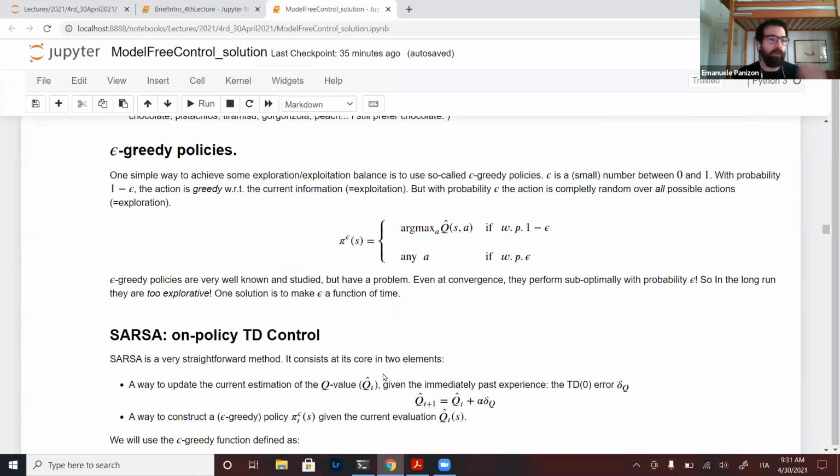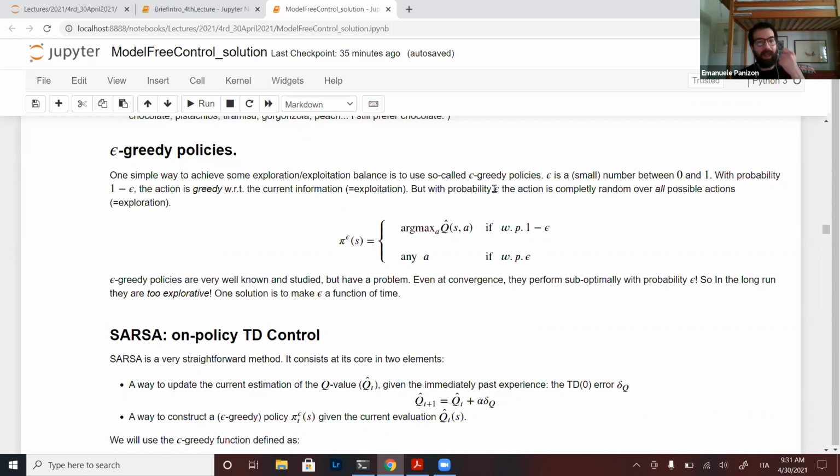A simple and very common way to balance these two things is called epsilon greedy, which means essentially you take a probability epsilon, which should be rather small, and with probability 1 minus epsilon, your action is greedy. So you're doing what you think is best with respect to the current information.